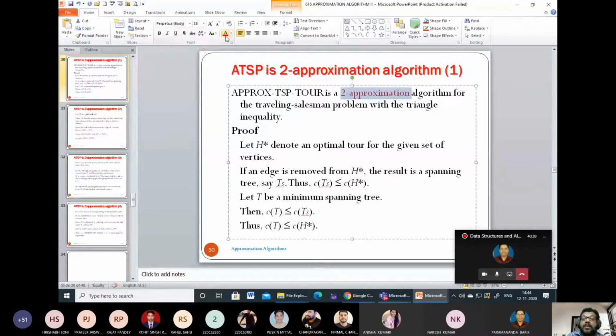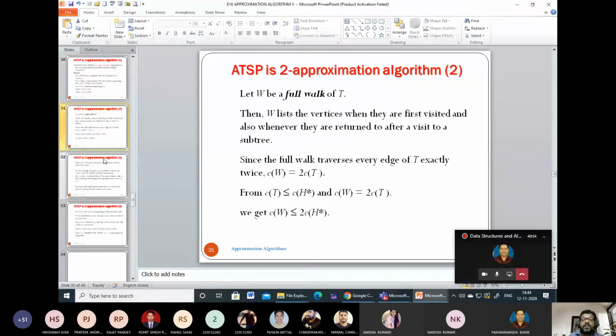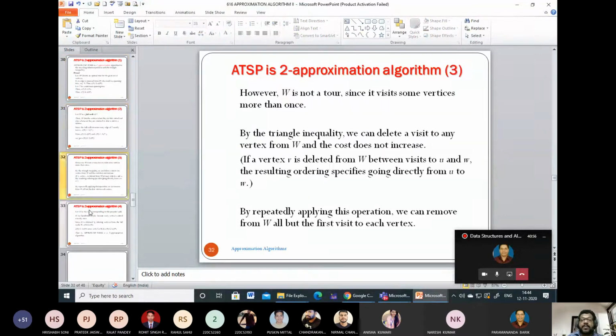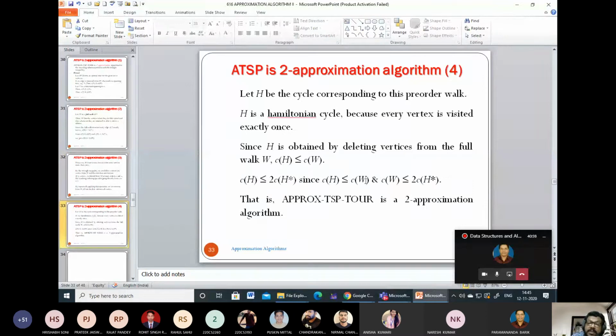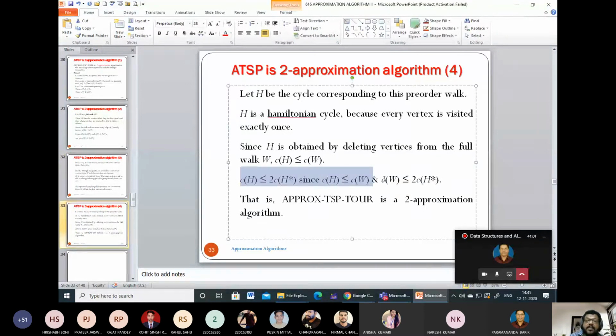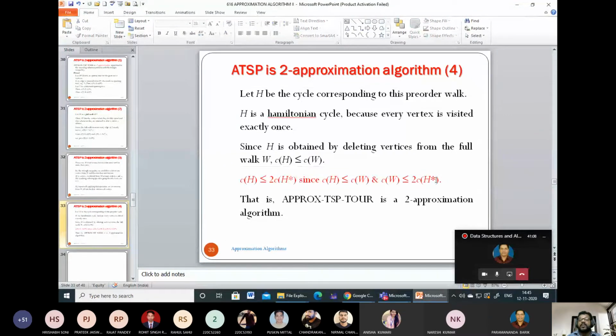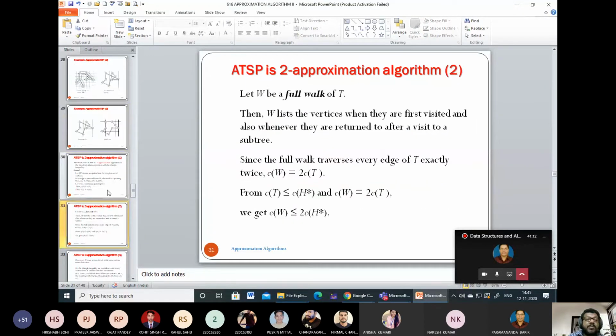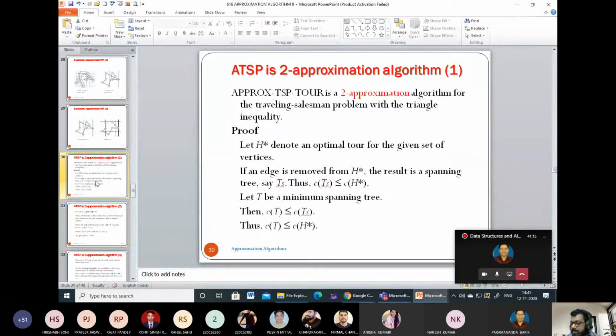Okay, let me go back to the NP complete portion which we started in one class but could not continue. So we'll complete that one first, then we'll resume our discussion on approximation algorithm. You see, this is a proof which discusses how to prove this algorithm to be a 2 approximation. This is the answer, where you are finding something is 2 multiplied by h star. So this proves that whatever algorithm we are discussing is a 2 approximation algorithm.